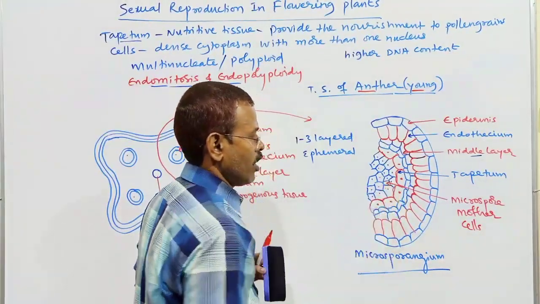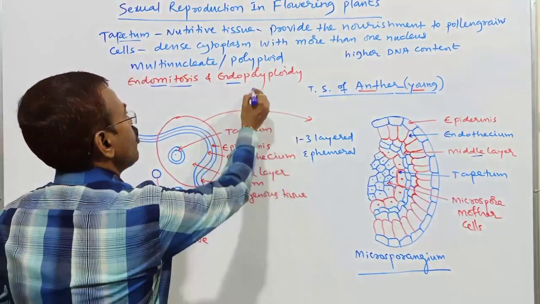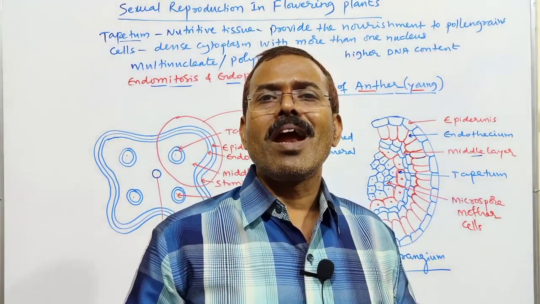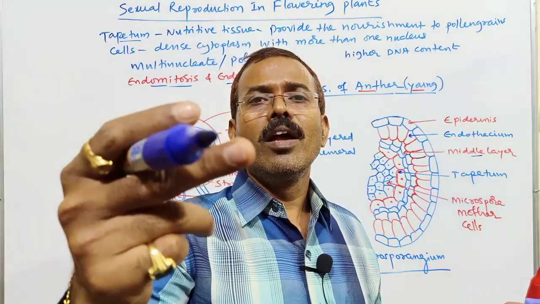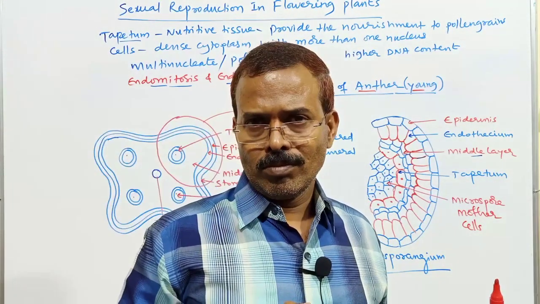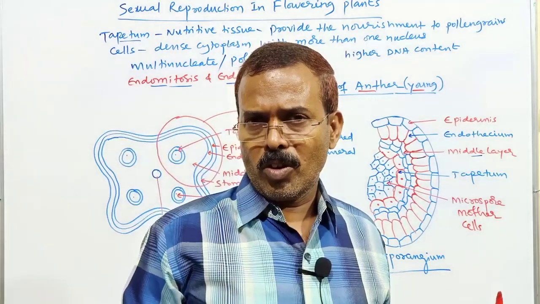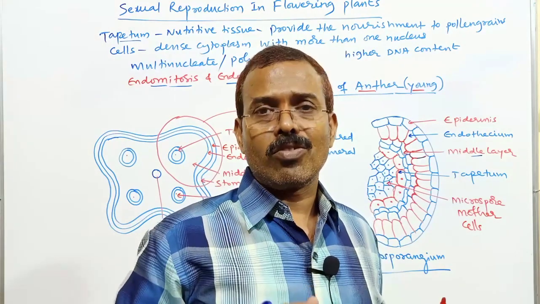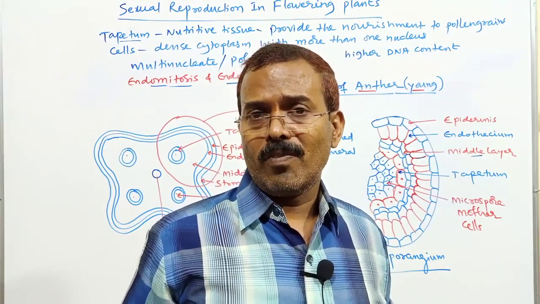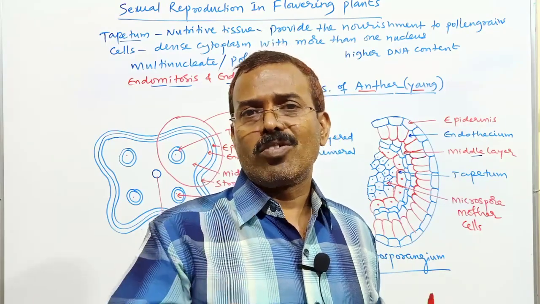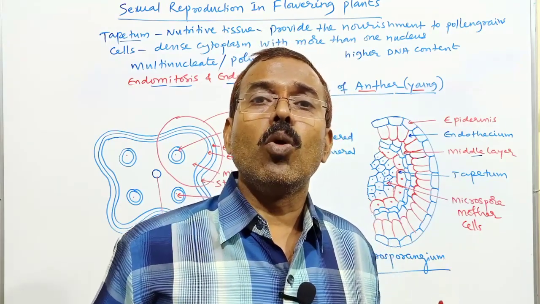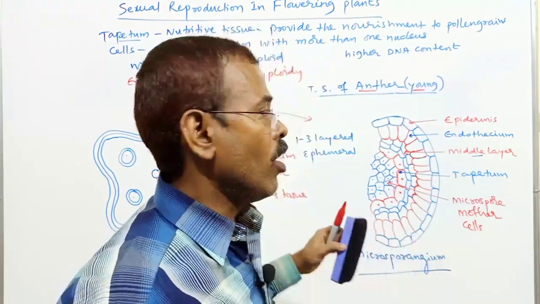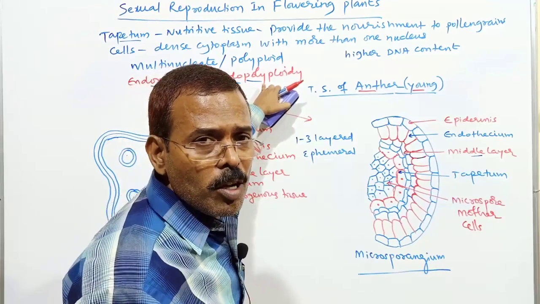So this is the tapetum layer. Now endopolyploidy, you know polyploidy. Normal somatic or vegetative cells are diploid and contain two sets of chromosomes. Each somatic cell contains two sets of chromosomes. We say homologous chromosomes, paternal set and maternal set. And in gametes, in the male gamete, that is the sperm, and in the female gamete, that is the egg or ovum, we say haploid set. When a cell has more than two sets of chromosomes, we usually call it polyploid in nature.